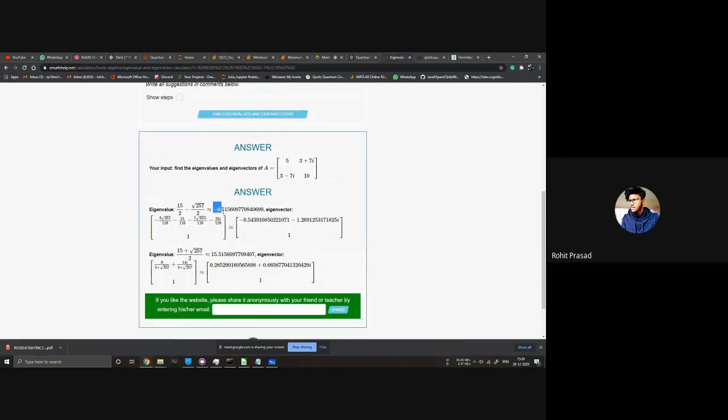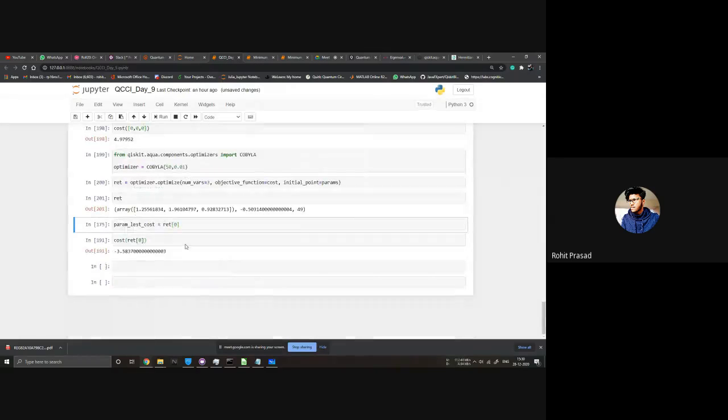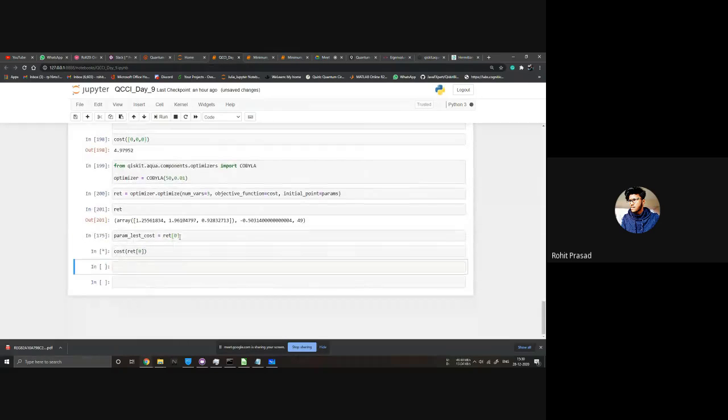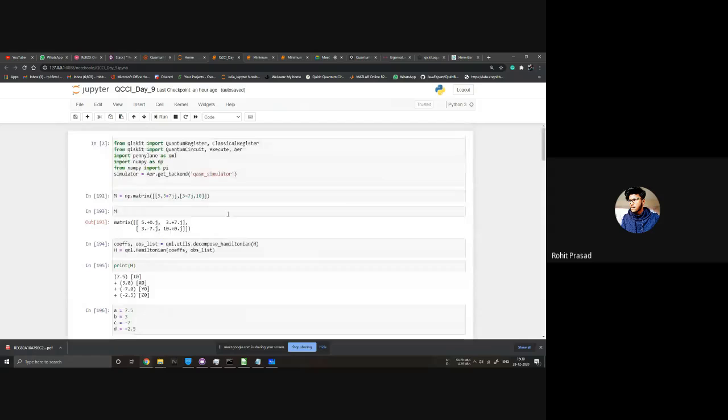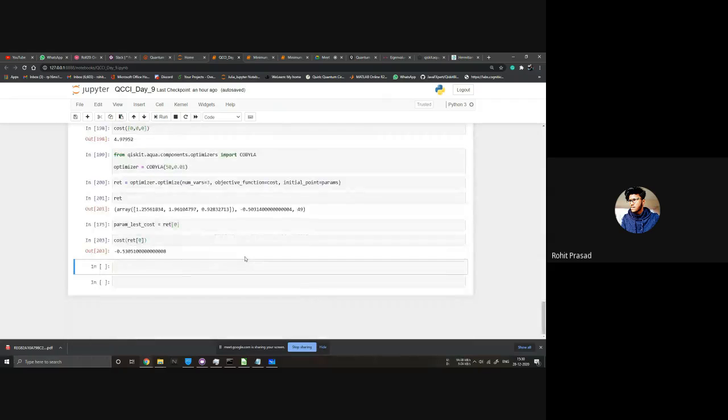Yeah, it's 0.51. Okay, so there you go. You calculated the lowest eigenvalue of a Hermitian matrix from a quantum computer.